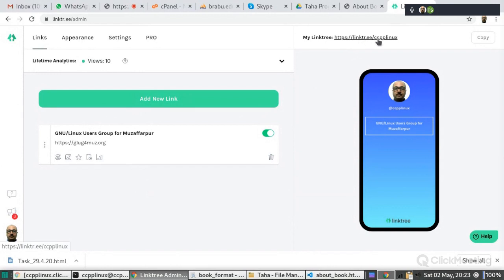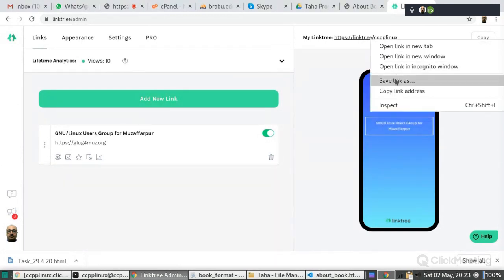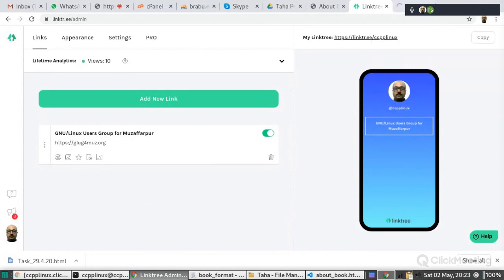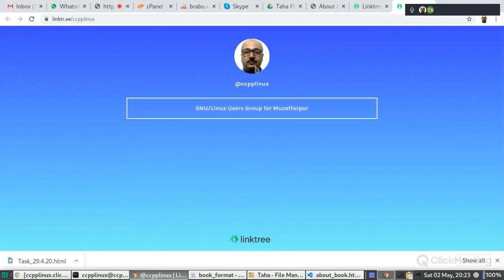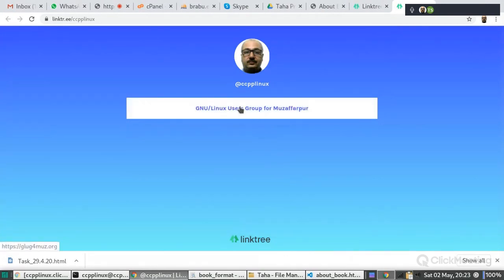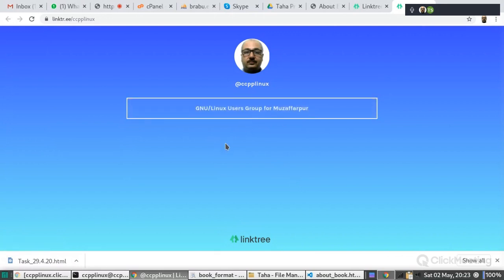When someone visits this Linktree URL, they will see a page just like this, and this page contains nothing but the A tag. The first A tag for the first link, second A tag for the second link, third A tag for the third link. This A tag is very interesting and very powerful.